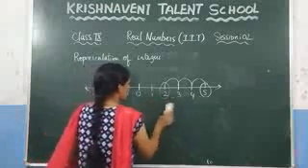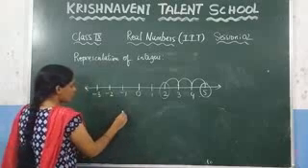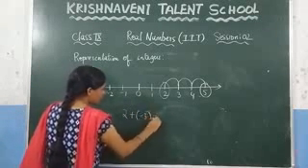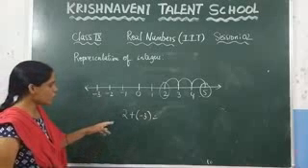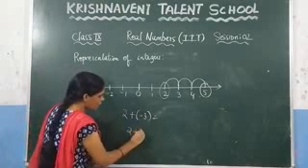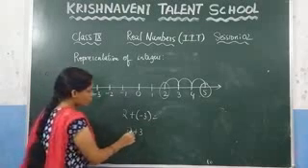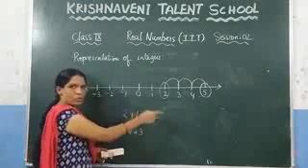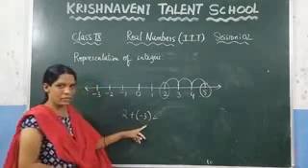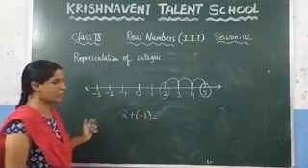Suppose you want to subtract, what do you get here? Let us consider 2 plus -3. Here what we are doing is adding a negative integer. Before, we added a positive integer, right? So by adding the positive integer, we have to go to the right side of the number line. Here since we are adding a negative integer, we have to go to the left side of the number line.